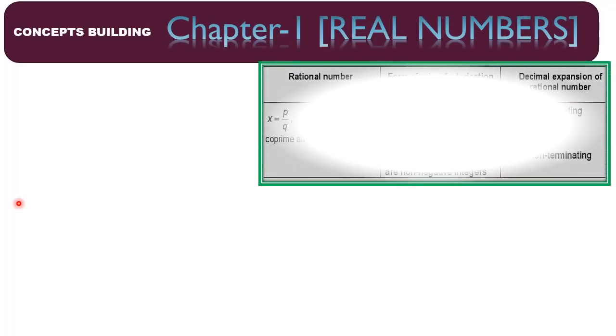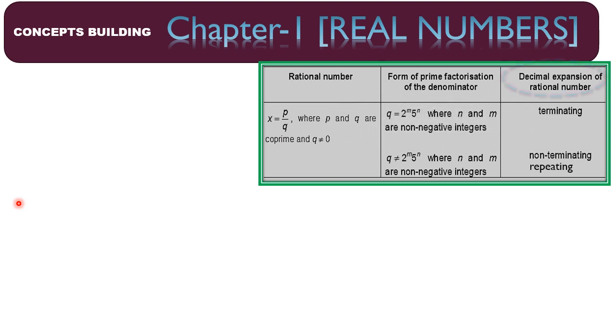Now students, we will discuss decimal expansion of rational numbers, right? So under this, for any rational number p by q, where q is not equal to 0 and p and q are co-prime, if the prime factors of the denominator are in the form of 2 raised to the power m into 5 raised to the power n, where m and n are non-negative integers, then that particular rational number has a terminating decimal expansion. And if q is not in this form 2 raised to the power m into 5 raised to the power n, then we can say that the decimal expansion of that particular rational number is what? Non-terminating repeating decimals.